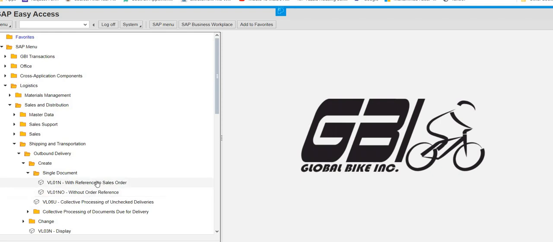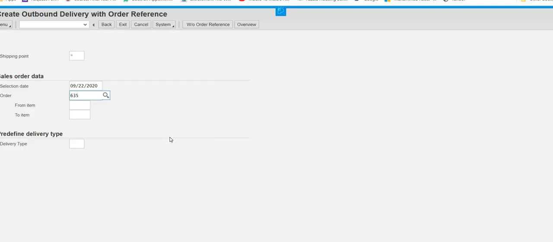I'm not going into that detail, so just stick to this. So with reference to sale order, when I double click on it, now you can see here in the order field, it's automatically 635. That 635 was my standard order number. So it is coming automatically.